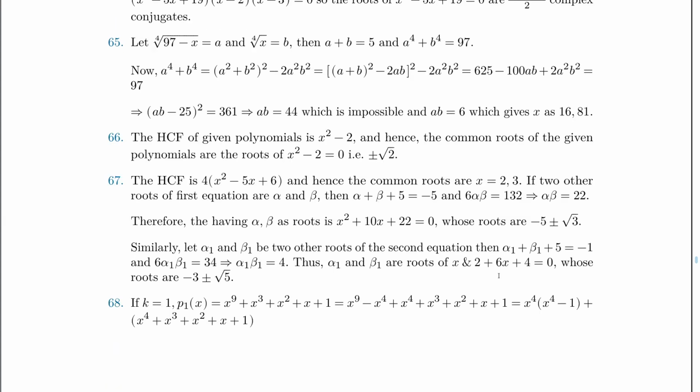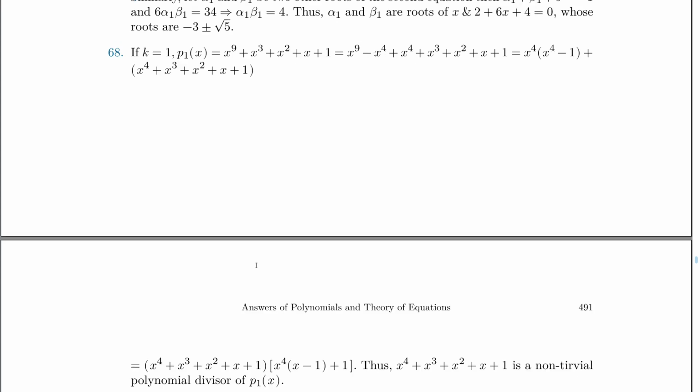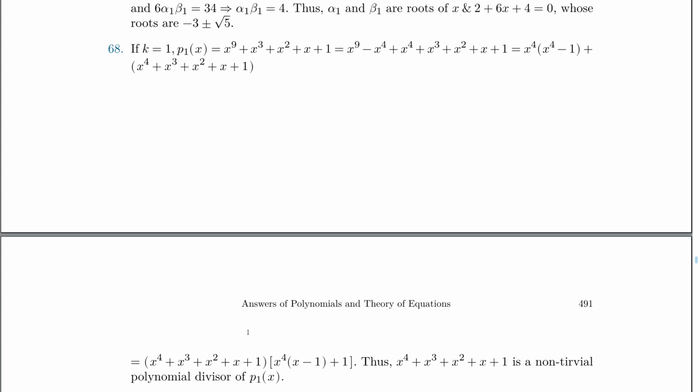5k plus 4, so 9. We take x to the power 4 common, it will become x to the power 5. Let's say it is a typing mistake. Minus 1 plus x to the power 4 plus x cube plus x square plus x plus 1. Yes, it is a typing mistake. As you can see, it has become x to the power 5 here. So we take x to the power 4 plus x cube plus x square plus x plus 1 common. We get x to the power 4 into x minus 1 plus 1. Thus x to the power 4 plus x cube plus x square plus x plus 1 is a non-trivial polynomial